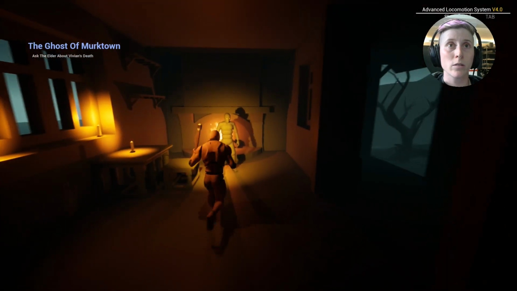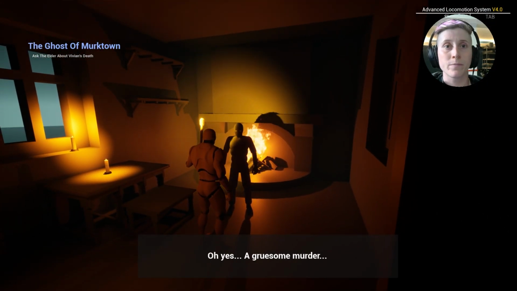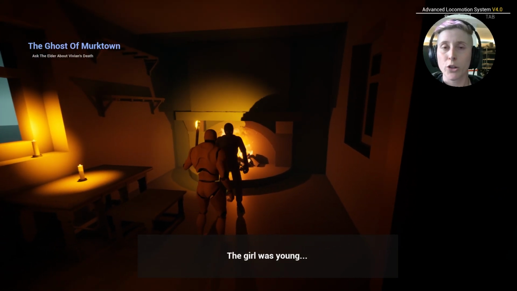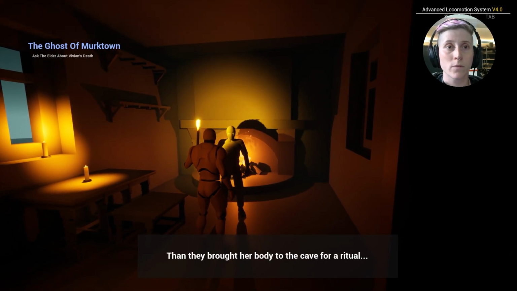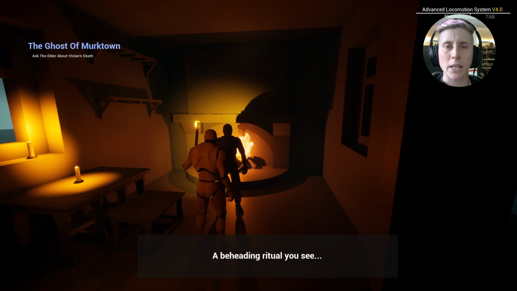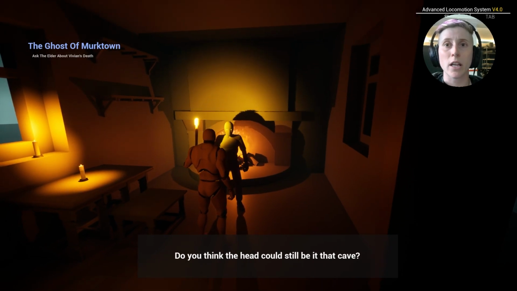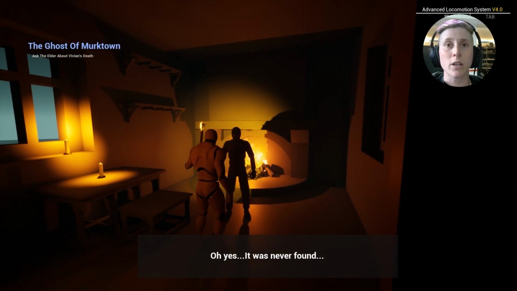This is the elder's house. Do you remember Vivian? Oh yes, a gruesome murder. The girl was young. Some weird cultist killed her. Then they brought her body to the cave for a ritual. A beheading ritual, you see. Do you think the head could still be in the cave? Oh yes, it was never found.